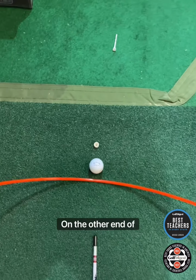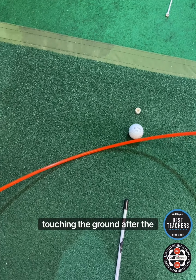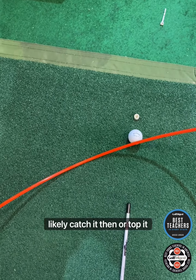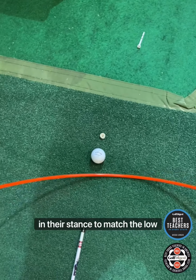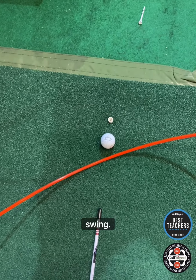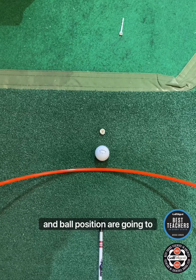All right, on the other end of that, if I tilt this to the left, now we see this arc touching the ground after the ball. So if the ball was left in the middle of the stance, the golfer would likely catch it thin or top it. The club hits the ground too late. So this golfer will tend to compensate by moving the ball up in their stance to match the low point to the golf swing. So just keep in mind that swing direction and ball position are going to have an effect